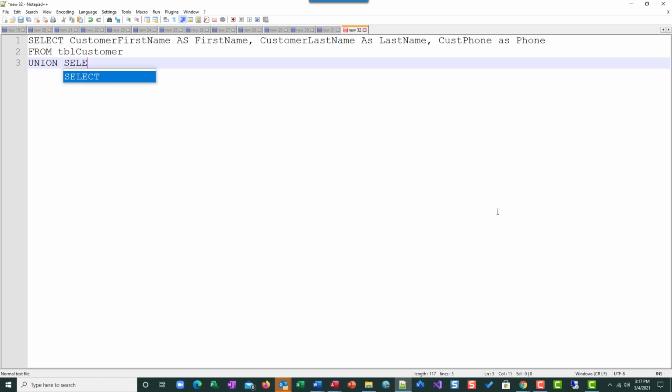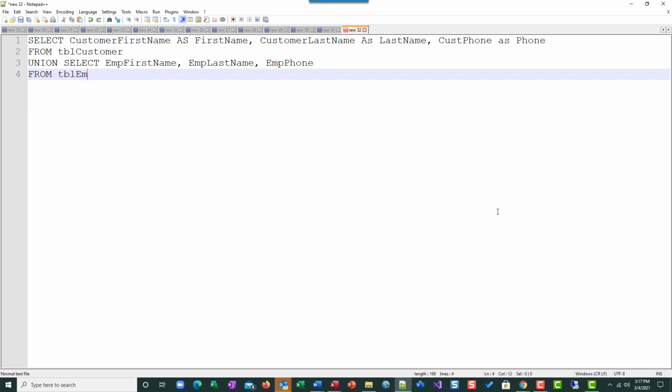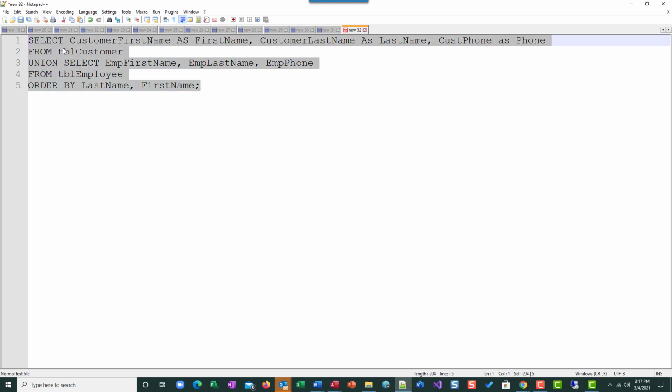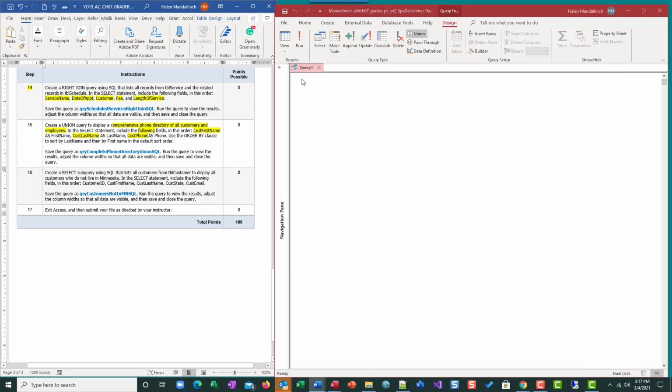So we're going to build a second select statement that's from the employee. So emp first name, emp last name, emp phone from table employee, and then we're just going to order it by last name, first name. Semicolon. So a union, you do two select statements and you join them together, and that pulls,